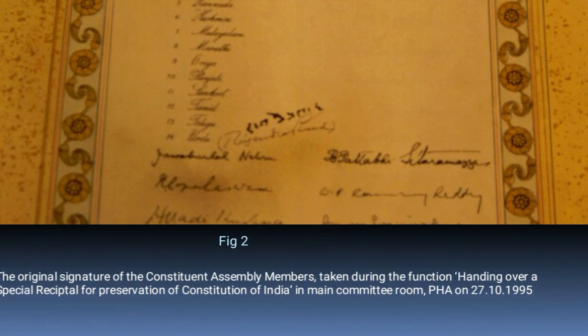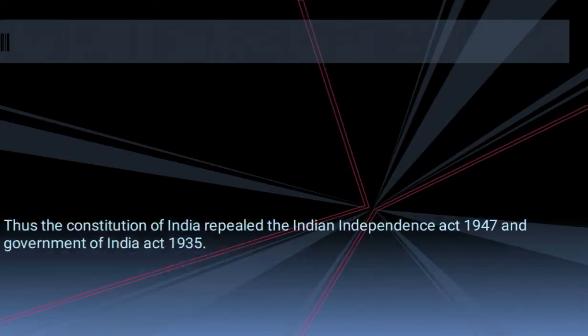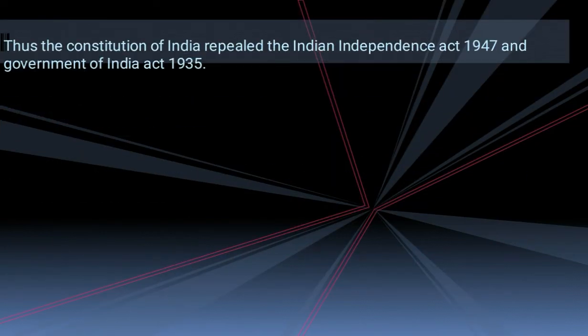And this is a picture of the original signature of the Constituent Assembly members taken during the function, handing over a special receptacle for preservation of the Constitution of India in the main committee room. Thus, the Constitution of India